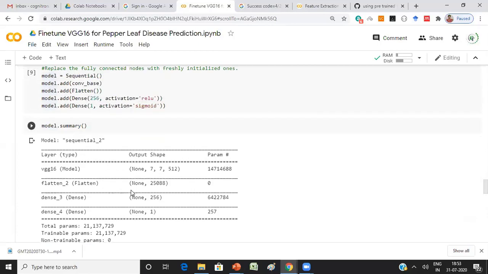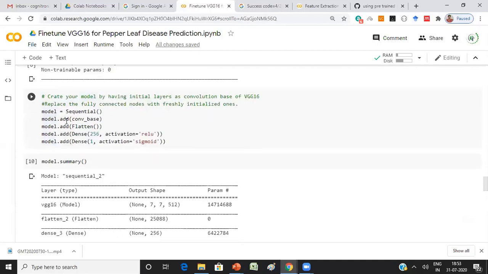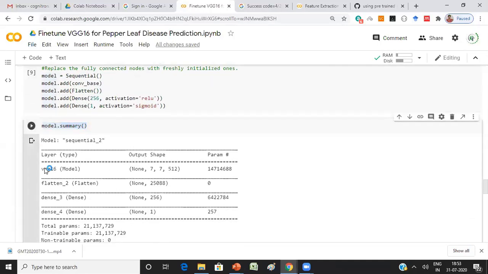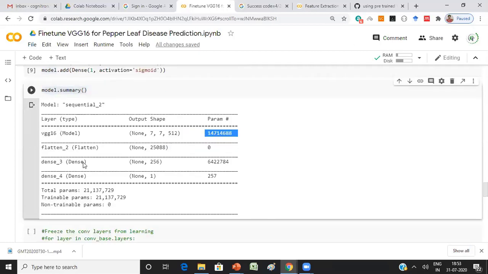Yeah. So now if you observe, the first layer is your VGG16, the whole VGG16 model, and the output shape is 7 by 7 by 512, and the number of parameters is 14 million, close to 15 million. Then you added a flattened layer, which doesn't require any parameters.